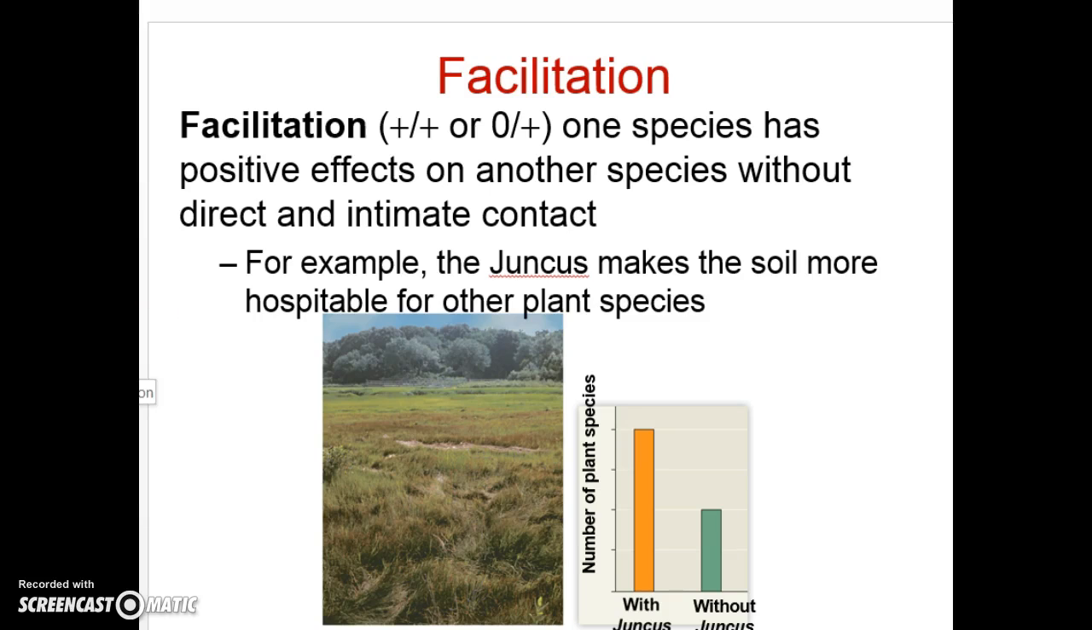Okay, now the last one we're going to look at on this tape is facilitation. Facilitation is defined as an interaction, although the species never really have direct or intimate contact with each other. So it's an interspecific interaction just by definition. What it means is one species is having a positive effect on another species without that direct contact. We have that a lot with plants. In this case, juncus is a type of grass that makes soil more hospitable for other plant species. So you can see with that graph down below, the number of plant species, the biodiversity of those plant species, is much higher when